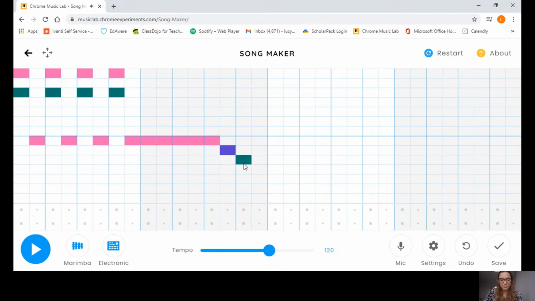So I'm going to click and fall down there. What I'm going to do is leave this little column here completely blank. It's actually going to end up making a much better piece of music if you do leave some blank spaces. So let's listen to that. Easy. And then I'm going to make another jumping up and down tune. So I've done here, maybe I'll go a bit lower this time.